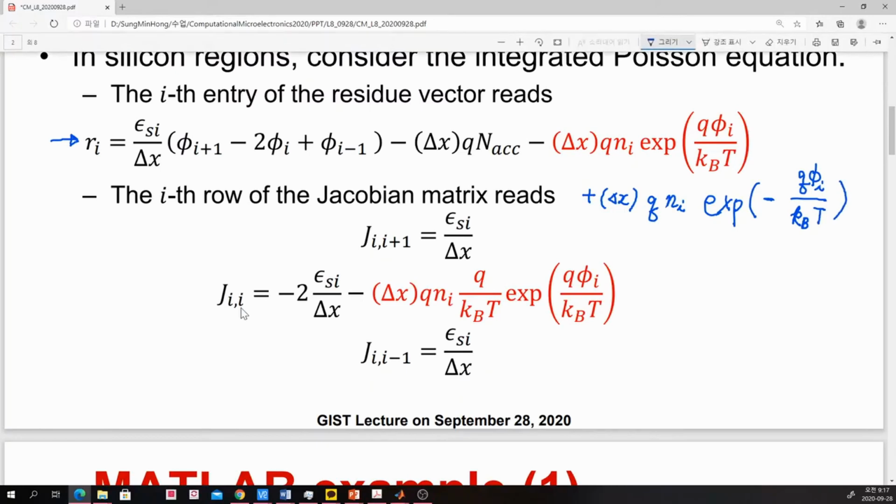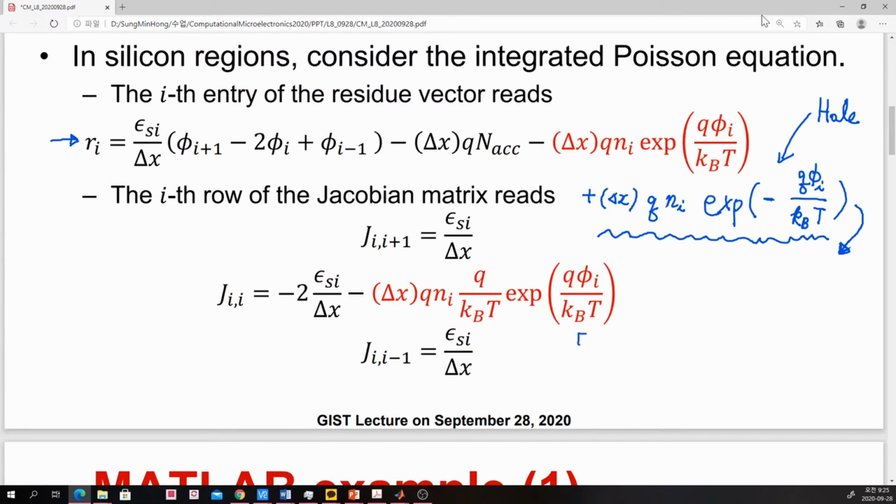So if we have this blue colored one from holes, then what will happen to our Jacobian matrix? What will happen to the Jacobian, so for example, the j sub I comma I component? Maybe we have a certain term, but how does it look like? So this is the electronic